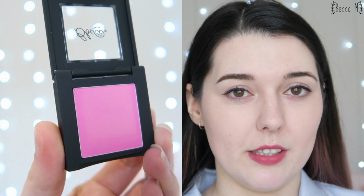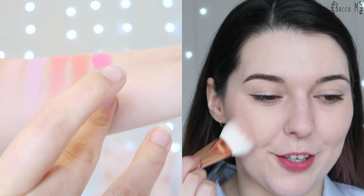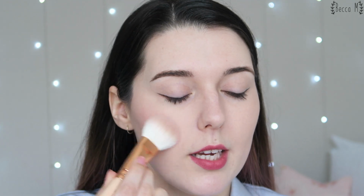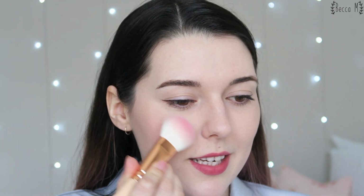Number 5 is a very bright fuchsia pink. This one is very pigmented and I don't love it a huge amount. I just don't like having a huge amount of blush on my cheeks. It's not my thing. So I use a very small amount. It was like 1 tap. Picks up so much product. It's crazy. If I pick up too much product, usually I just go back in with my powder brush and blend it out a little bit so it's not too intense, but